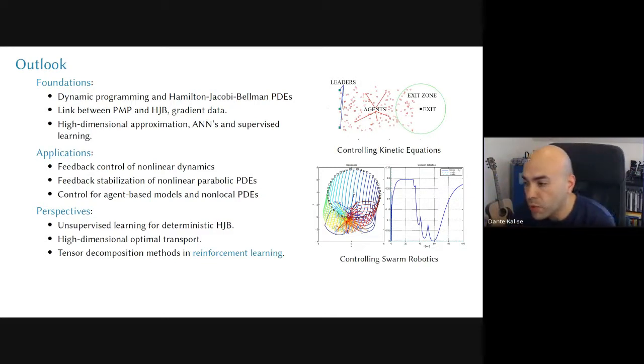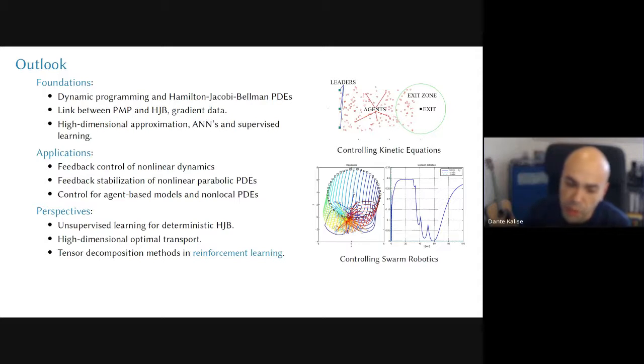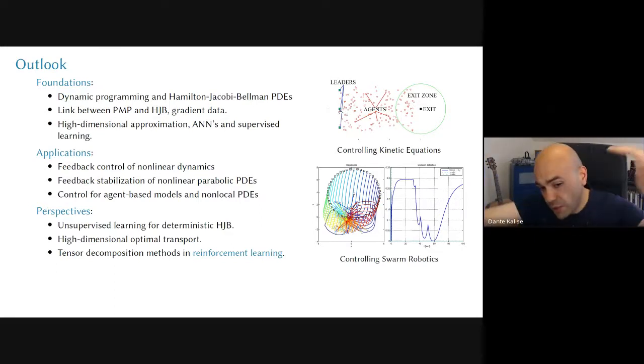Or you can go through a data-driven way where you use some knowledge on optimal control and somehow simplify your life, but still you can do supervised learning with neural networks or polynomials. So I show you here with polynomials, but you can also do it with artificial neural networks, and results are very, very similar. And that really enables us to solve very high-dimensional problems, including control of PDEs, swarm robotics like